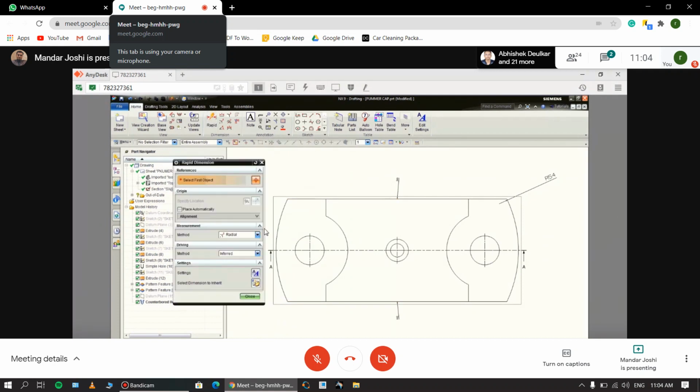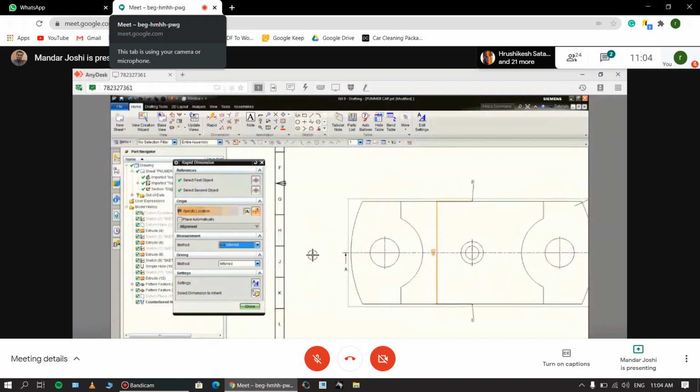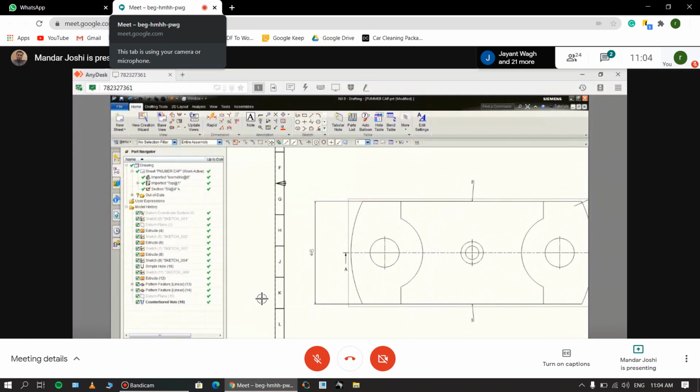Repeat. I want to import dimensions. Don't place automatically. Just uncheck this option. Then first line, second line, then click on this. Now the size is increased. Okay,